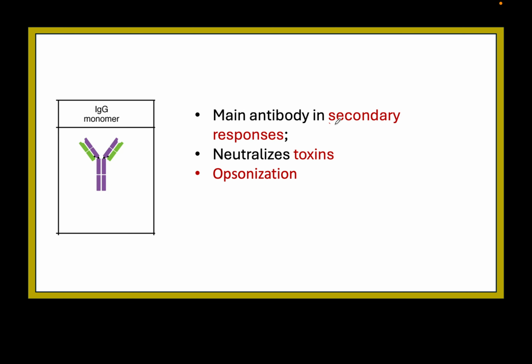IgG is the main antibody in secondary responses. So once the IgG antibody is secreted, it is going to be responsible for clearing pathogens and activating complement proteins. It doesn't activate complement proteins as well as IgM, but it does do a good job of clearing it. It does cross the placenta to help protect the developing fetus from disease, but it's